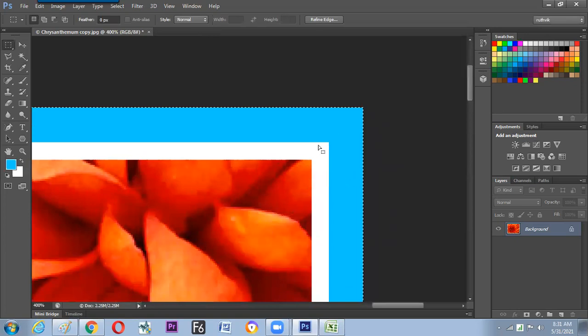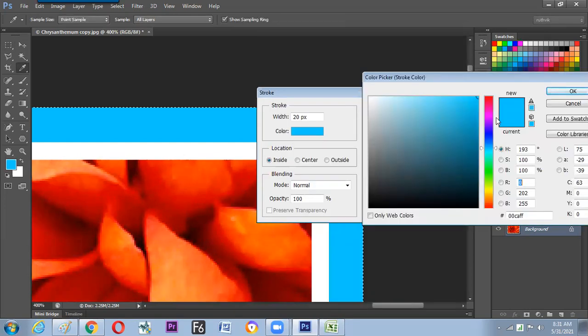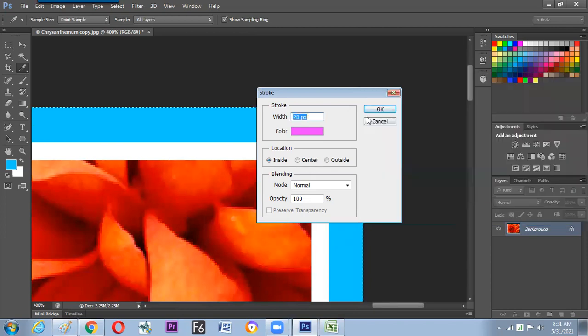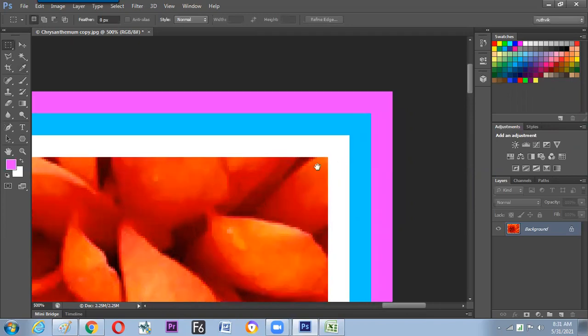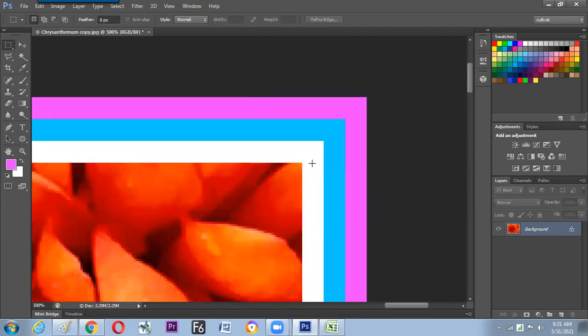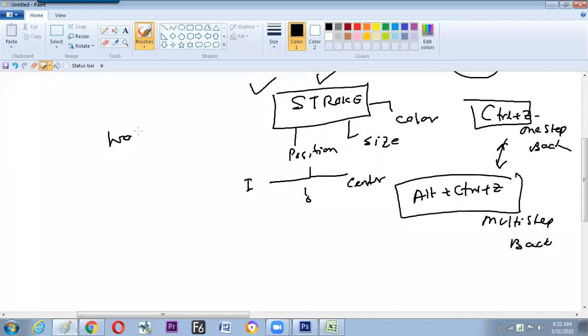Now you can take another color also. Go to the stroke, 10 pixel now. So hope we have seen now a multicolor bounding box can be made with equal intervals of distance by the measurement. Hope this portion is clear. So now what is the work we have learned today? Making a bounding box.